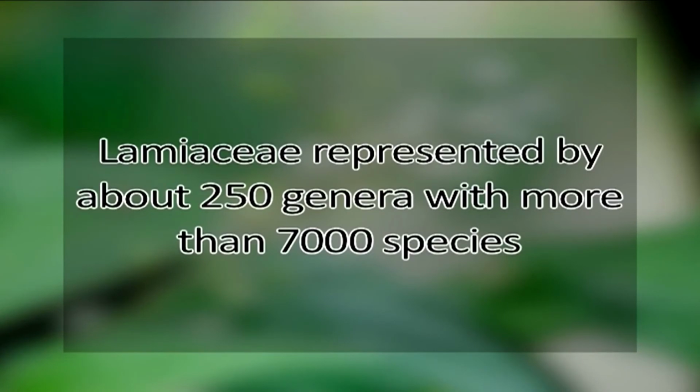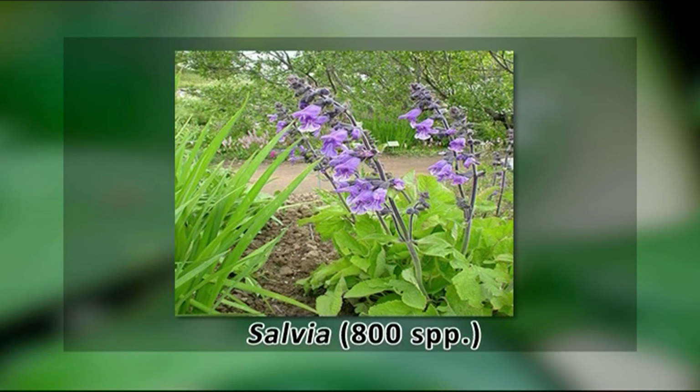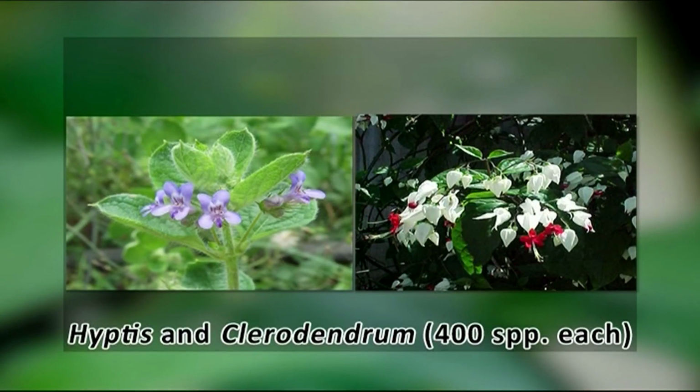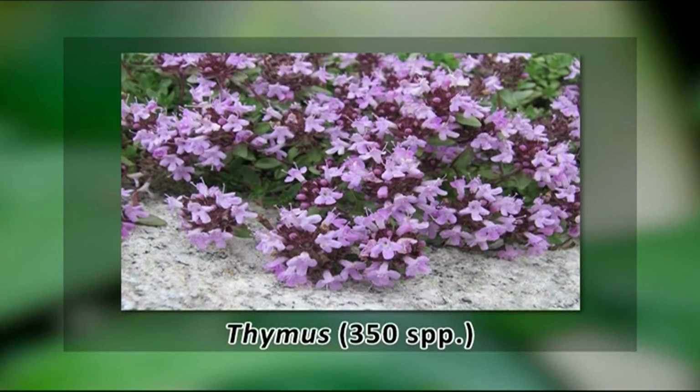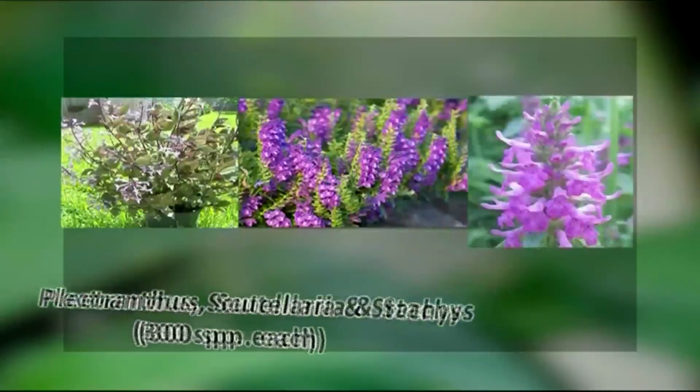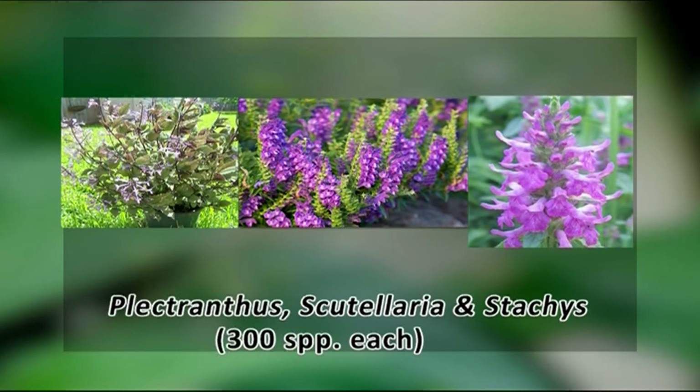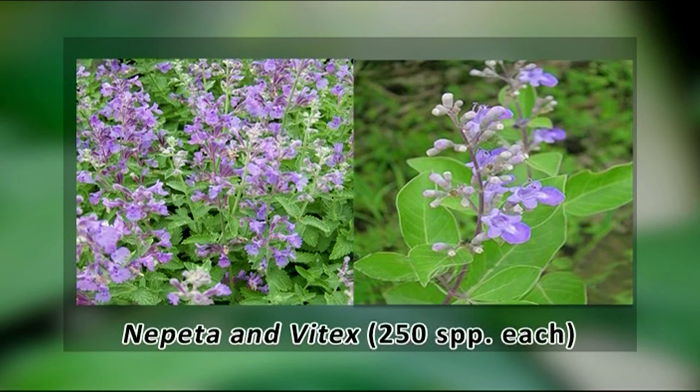Dear students, now let us discuss the diversity of the family Lamiaceae. At present, the family Lamiaceae is represented by about 250 genera having more than 7,000 species. The topmost species-rich genus in Lamiaceae is Salvia, which has 800 species throughout the world. Then followed by Hyptis and Clerodendrum, each having 400 species. Then Thymus having 350 species, followed by 3 genera, Plectranthus, Scutellaria, and Stachys, each having 300 species. Then Nepeta and Vitex, each having 250 species, followed by